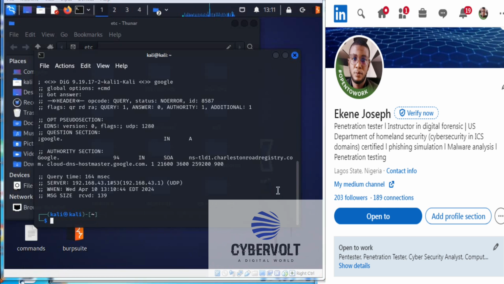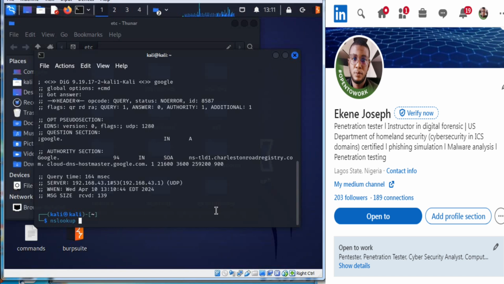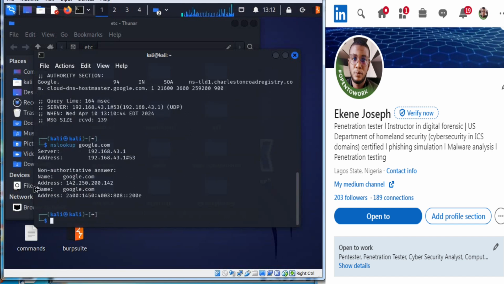Another command I would love to look into is nslookup. It's quite similar to the dig command. They both query the DNS server to get information about a particular host name. So let's take a few examples. As you can see,